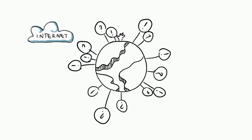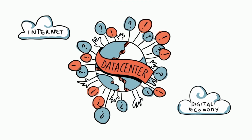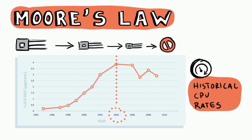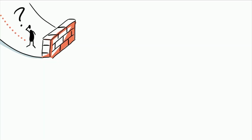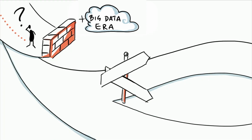In a world dominated by the internet and the relentless growth of the digital economy, the data center holds a key role. The shrinking of silicon transistors, known as Moore's law, since 2004 has no longer simply increased the processor's clock frequency. By 2006, microarchitecture optimization started to level off, leaving only a small percentage increase in performance per processor generation. Such limitations and the advent of the big data era have led to the formation of two key trajectories